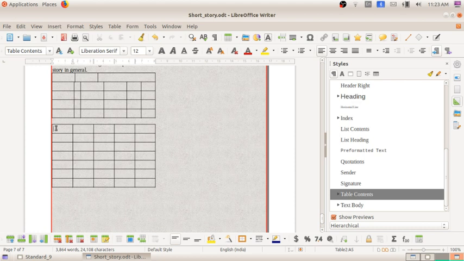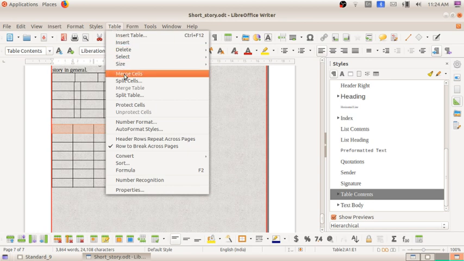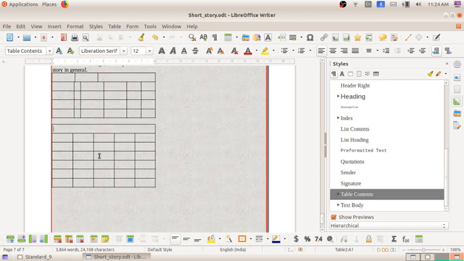And also if you want to merge the rows, that is also possible. For that, in the table, click on merge cells. First of all, for using merge cells, we have to select that portion first. After selecting, go to the table menu and click on merge cells. Then you can see all the cells merged and constituted into a single cell. So now it is clear to all of you.